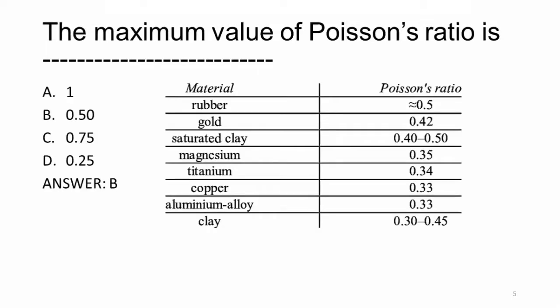So these are the different materials that are used usually in construction. And if you see, rubber is the most elastic material, and as per the experiments conducted, rubber has the maximum Poisson's ratio. Okay. And for steel, it is in the region of 0.2, 0.3, something like that. Okay, for mild steel.